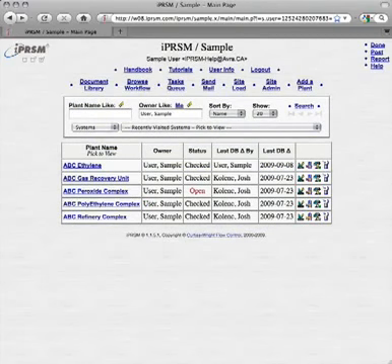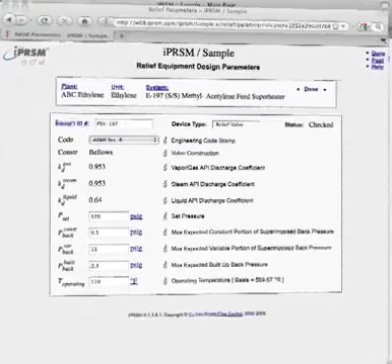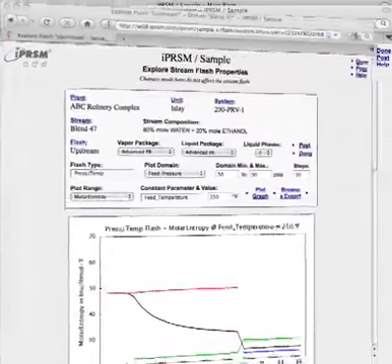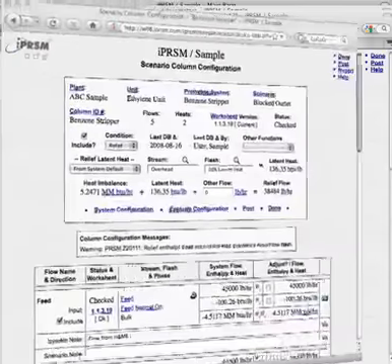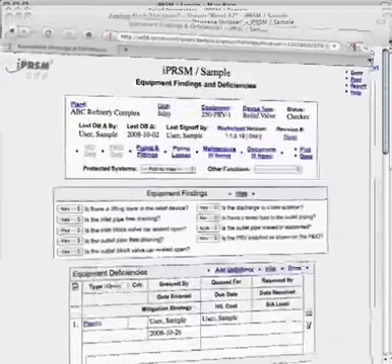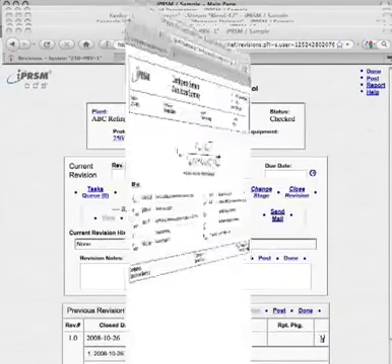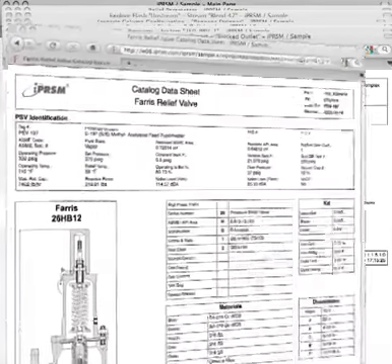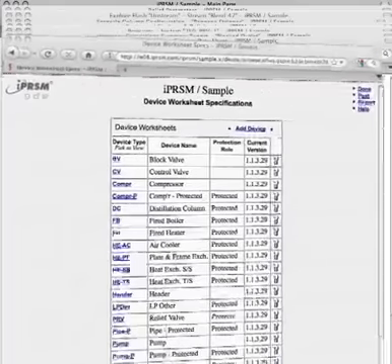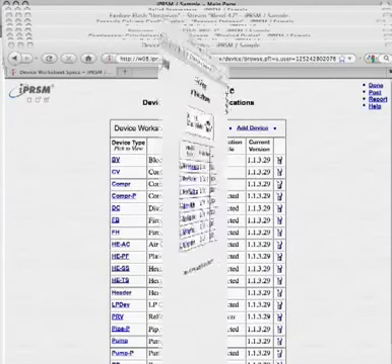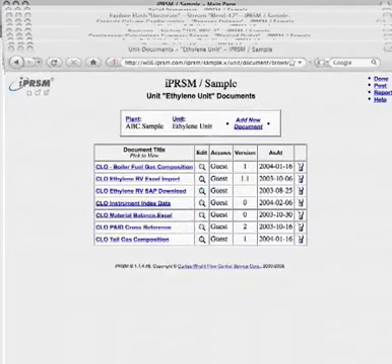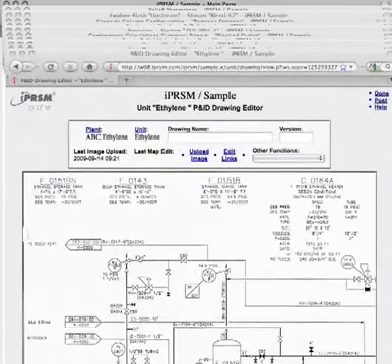This was only an introduction to what iPRSM can do. Alone among pressure safety management programs, iPRSM delivers a fully integrated solution that also manages plant design and auditing, thermodynamic properties, distillation columns, equipment findings and deficiencies, system revision control, extensive printable reports, equipment libraries and worksheet revisions, a document library for uploading and storing documents, and diagrams related to systems and equipment,